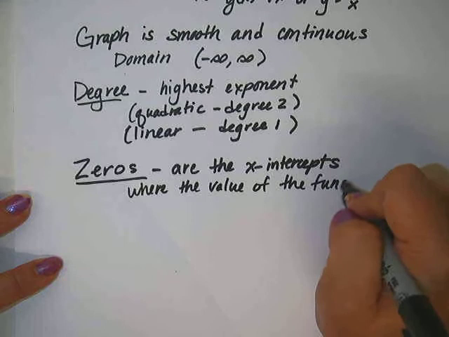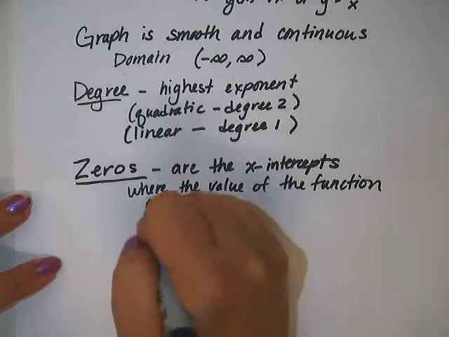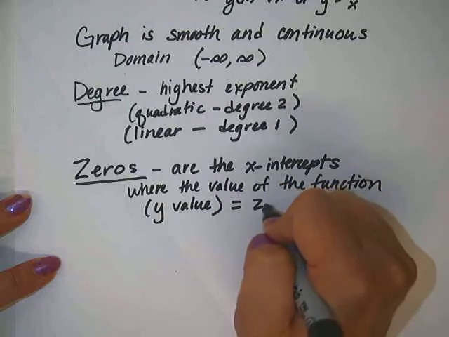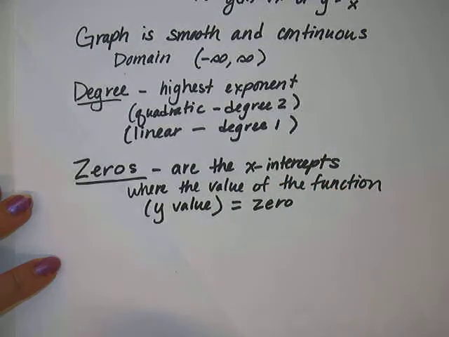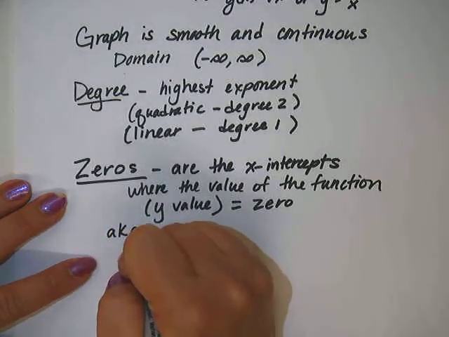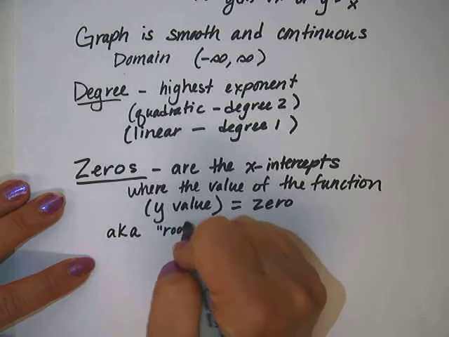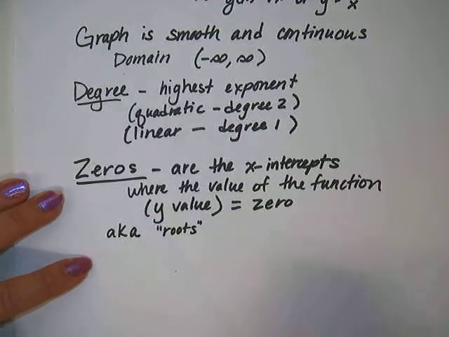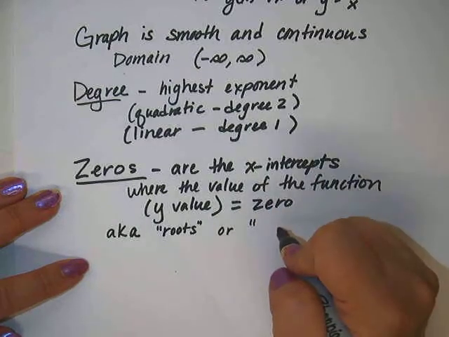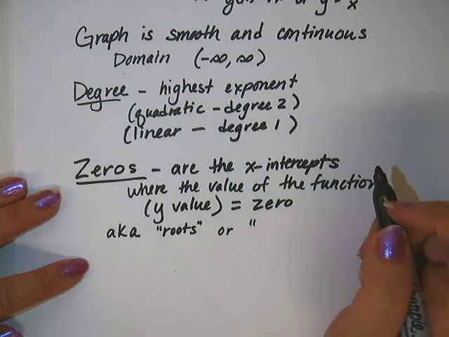So in other words, the y value equals 0, and that's why it's called the zeros. Okay? Another name we sometimes use for zeros, also known as roots of the function,